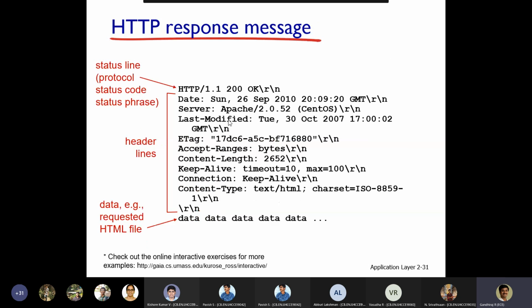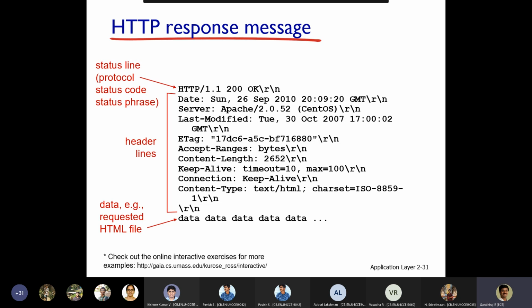In the sense, with the browser which we currently have, sometimes we get the message that please update your browser application. It may say that if we are using an old version of the browser, the response given by the server can be understood only by the latest updated versions of the browser application.